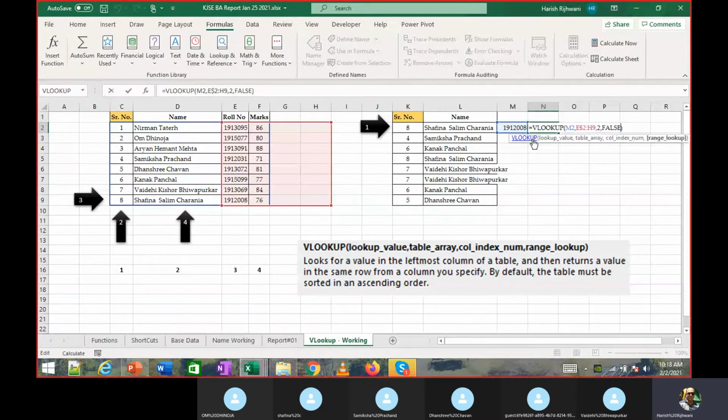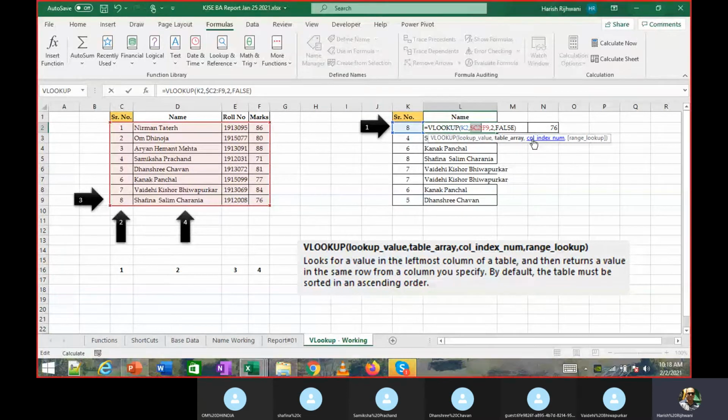So along with this formula, it is shifting because we have only fixed the number 2. Now if I press F4 once more, just C is fixed, the row 2 is not fixed.